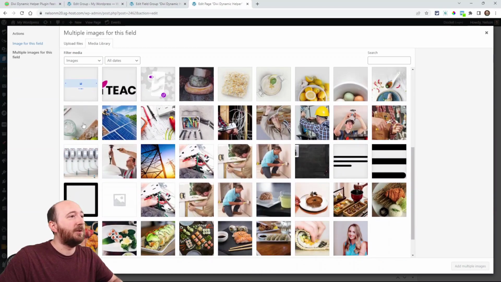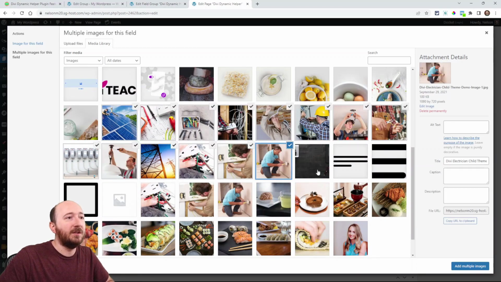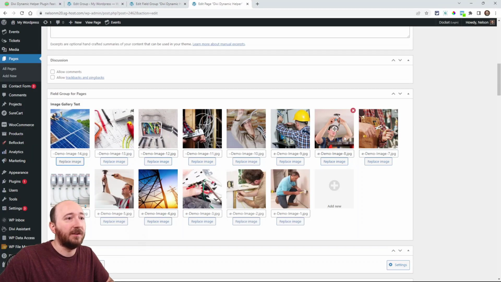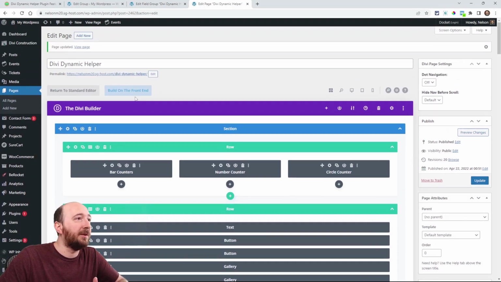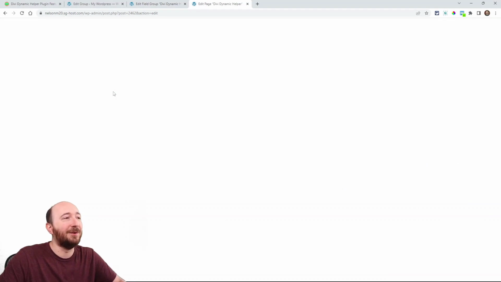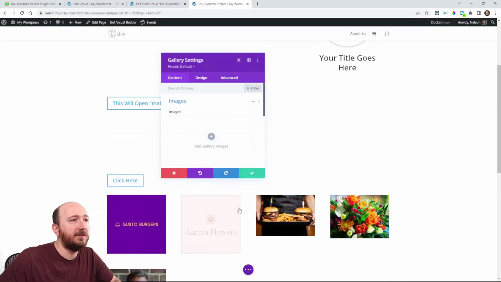Anyway, I'm going to select a bunch of these images. You can hold shift and select, or you can just select like that. Select a bunch at once, which is very handy. Now you can see them here. Now I could build it right here, but I like to do it on the front end, so I'll just go to the front end. I added an image gallery,